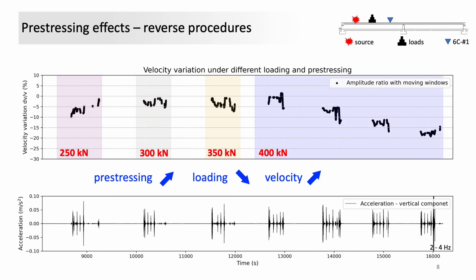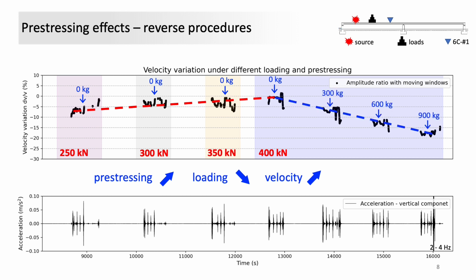To test if the pre-stressing effect is also reversible, we add back the pre-stress without applying static loads. As is shown by the different color blocks and the right line in the upper panel, the relative velocity changes get back to zero as we gradually recover the pre-stress. The last color block on the right shows a decreasing velocity variation simply because we add again some loads as